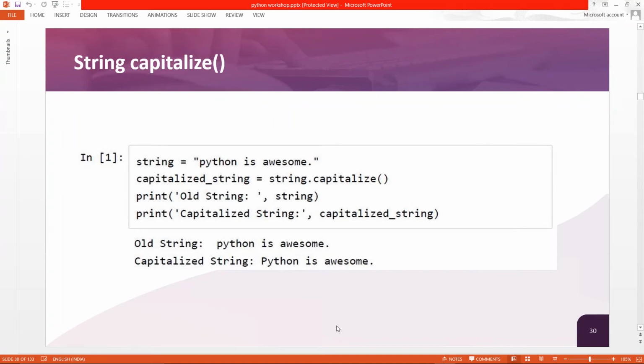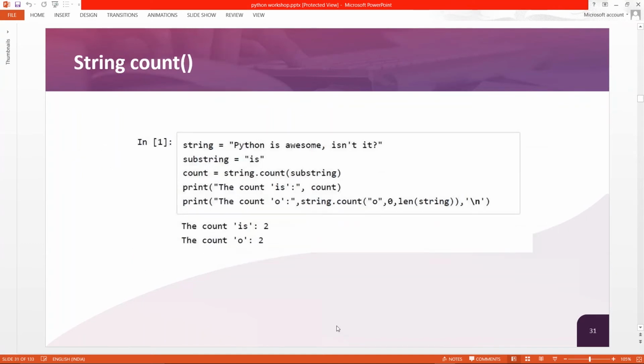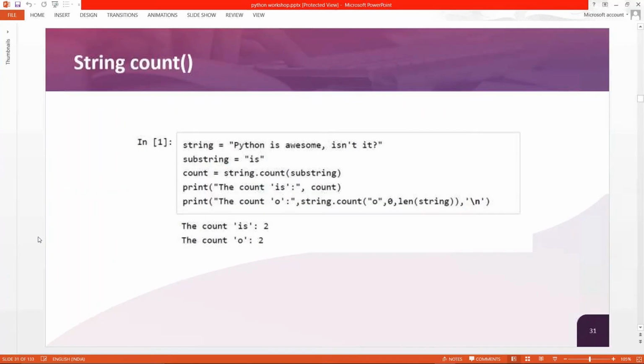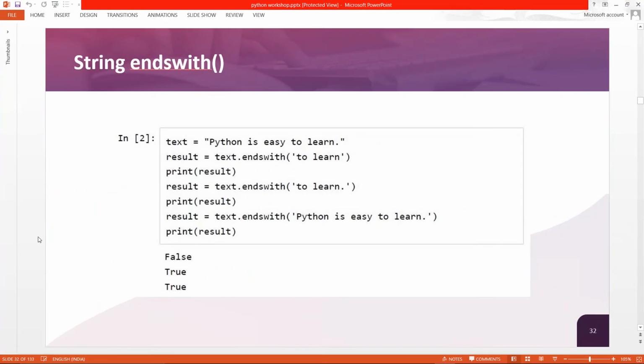You will find this PPT in the code itself. See, we have the count function for counting the substring we are having. We are checking where the location of "is" is, so we find it as the second word. Now we have several other functions like endswith.